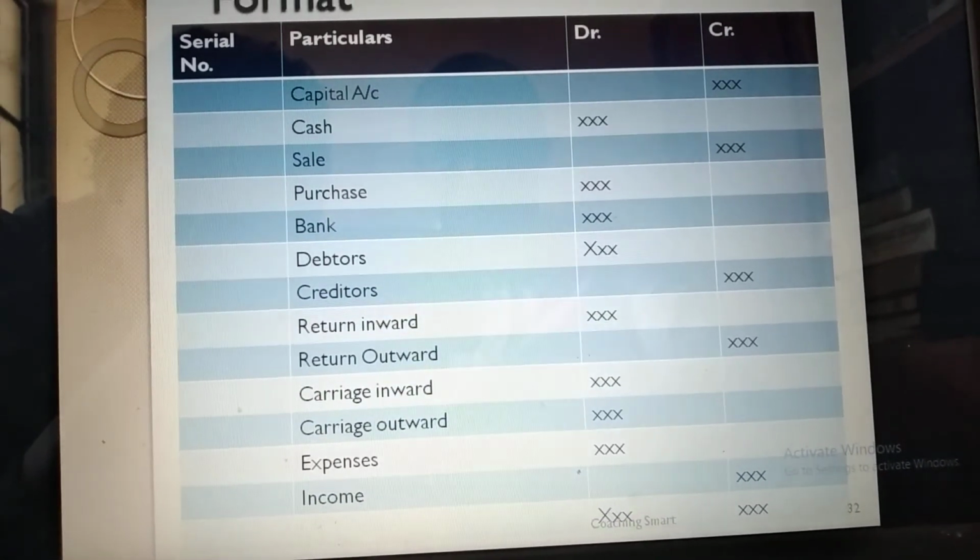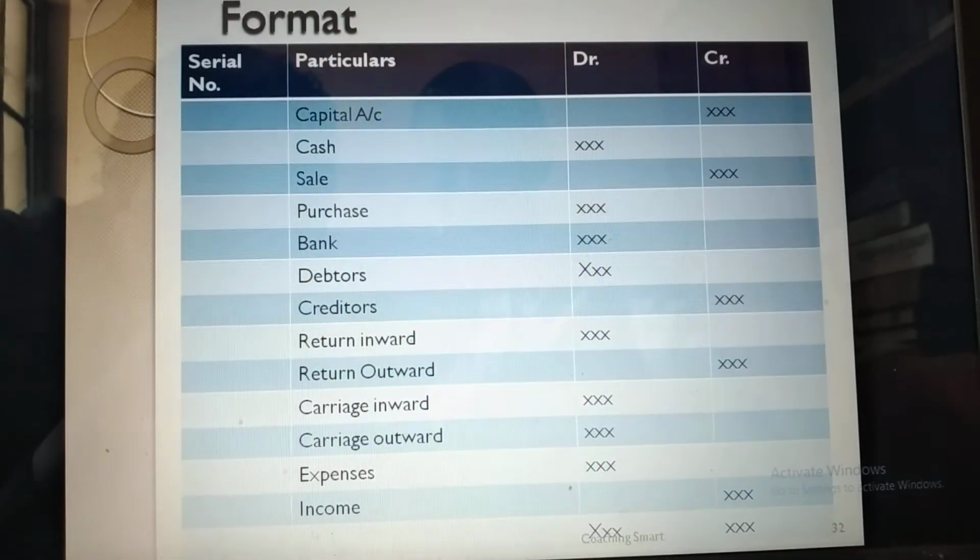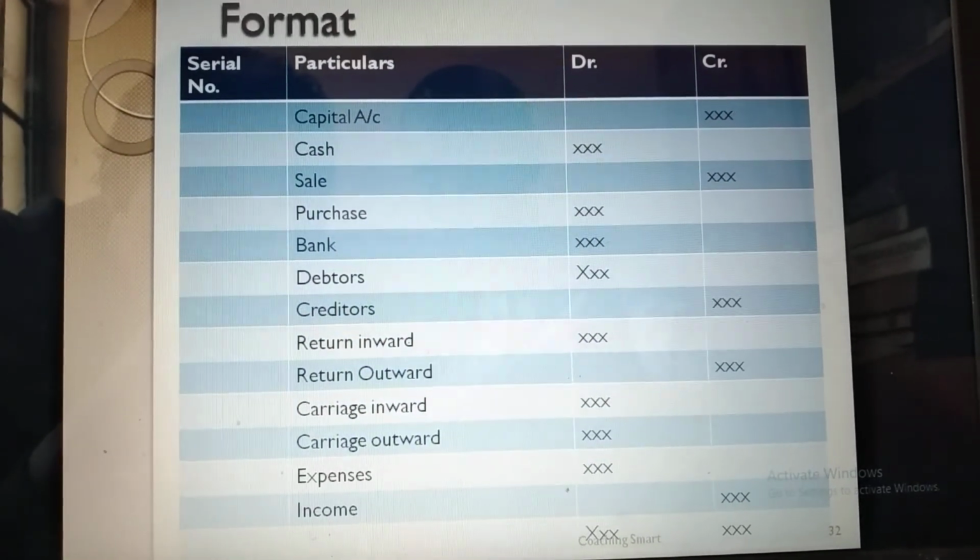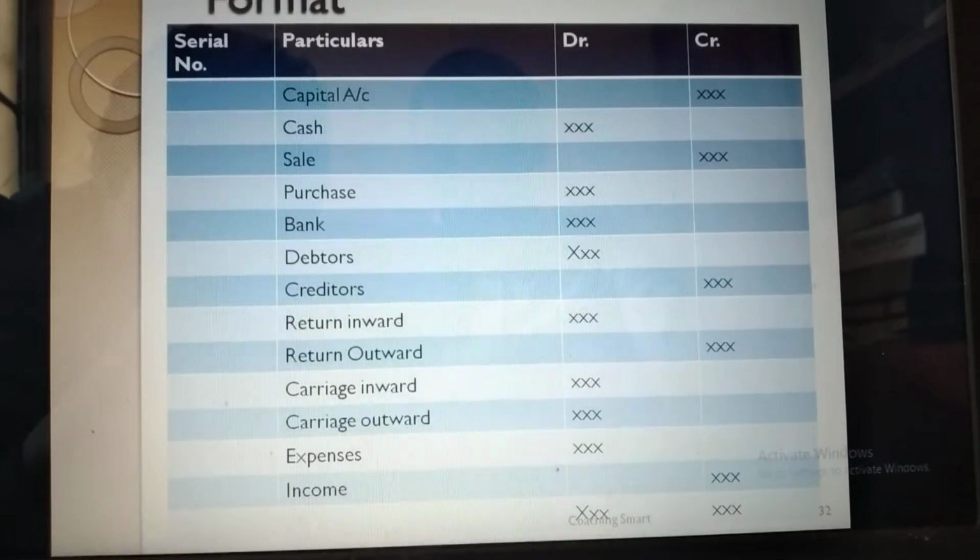The trial balance must balance. So when you total, the debit column and the credit column must have the same balance. That brings us to the end of